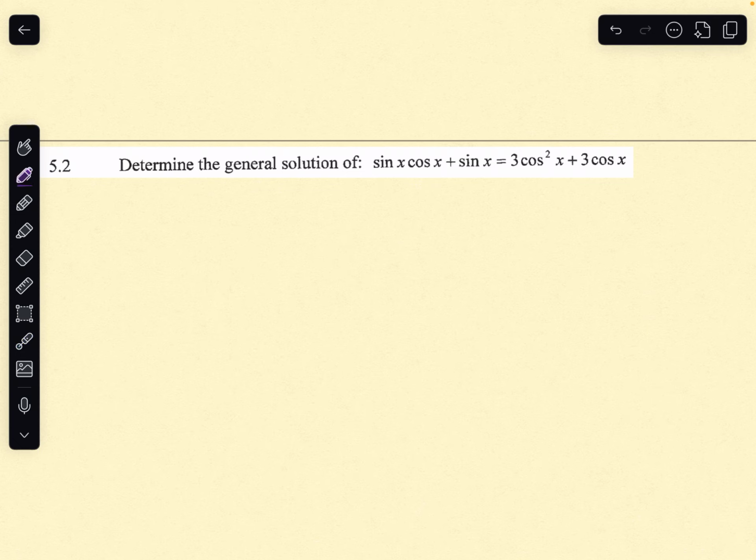So let's go ahead and do that. Otherwise, the fallback is going to be maybe there's something about double angle somewhere here, because the cos squared x also made me think double angle, cos of 2x is cos squared x minus sine squared x, so maybe not quite, but who knows. But yeah, it feels like factorizing is more promising, so I'm just going to start with that and see where